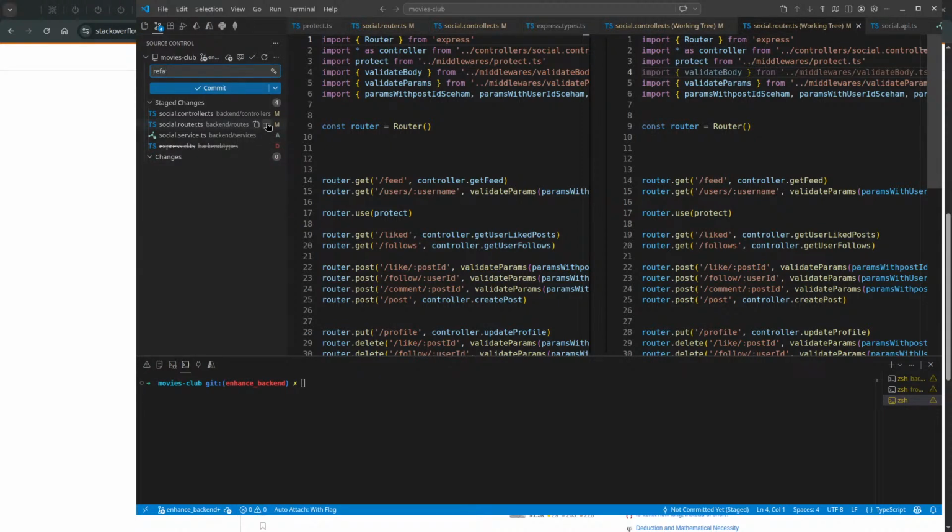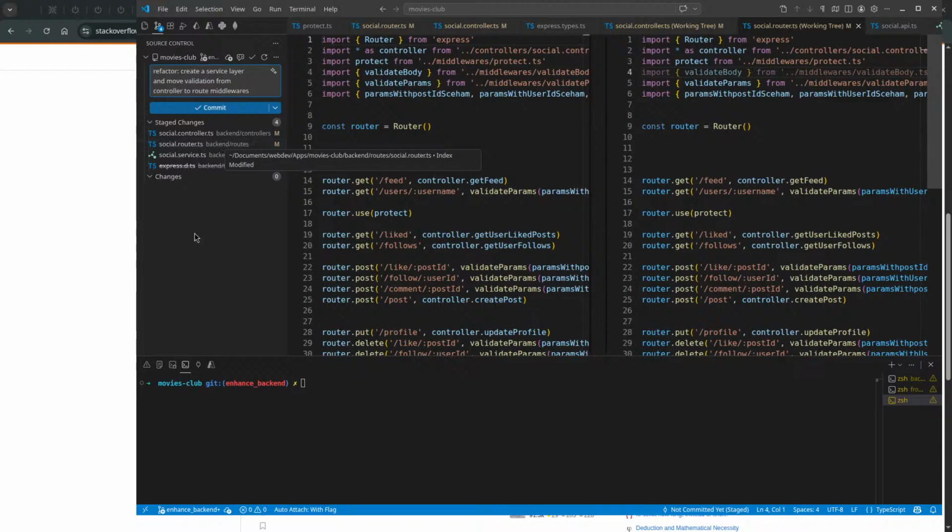Refactor: create a service there and remove validation from controller to route middleware.